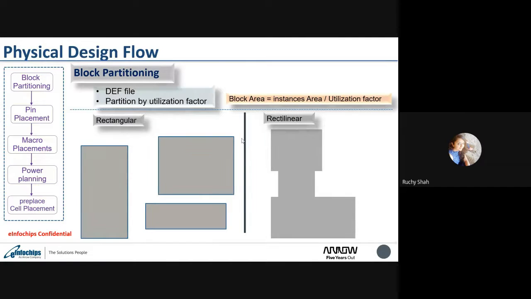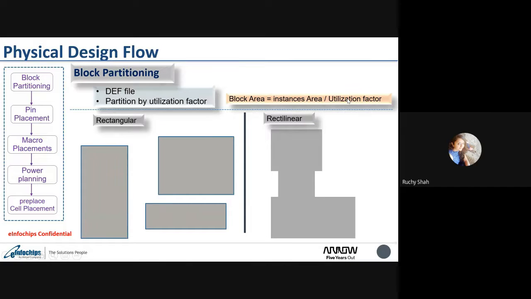So we can create the block shape and size based on the total instance area. As I mentioned for the LEF file, each and every cell's area is there. We can calculate the total instance area based on that, and we know that there is a factor called utilization factor.